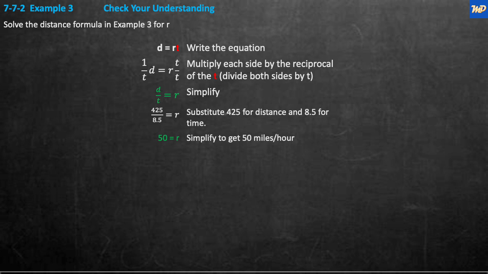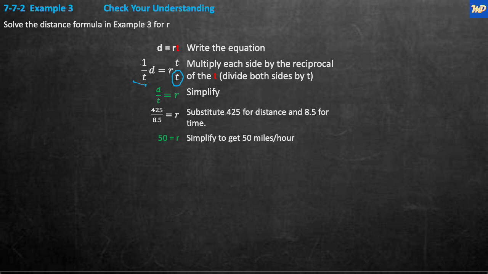So all we have now is d is equal to r times t. But this time we're going to get the r by itself. And to do that, we have to multiply by the inverse of t, which is 1 over t. So we have to multiply each side by 1 over t, and when we do that, we'll get r on the one side is equal to d divided by t on the other side. When we put in the 425 and the 8.5 that we found in the previous problem,